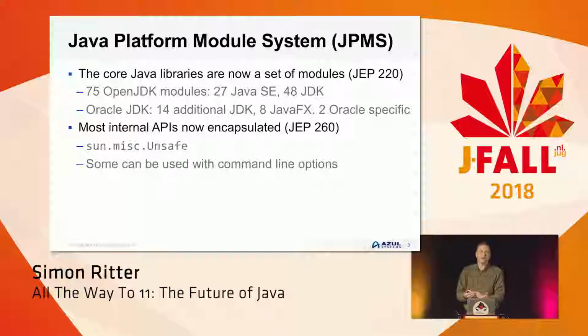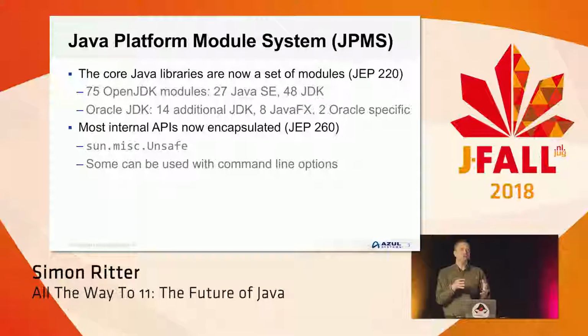If you think about what we had already, we had classes, and we could group classes into packages. Modules is about taking packages and grouping those together logically. What we ended up with, if you look at the OpenJDK, is 75 modules. Of those, there are 27 which make up java.se. This is the standard that's defined through the Java Community Process, through individual Java Specification Requests, and it's what you need in order for something to be Java. So it's the minimum that you can have.